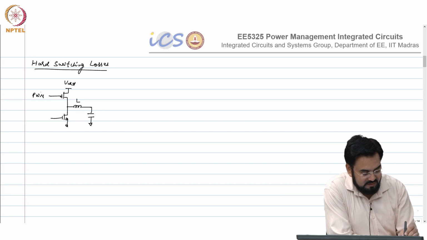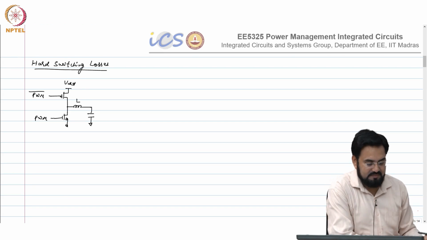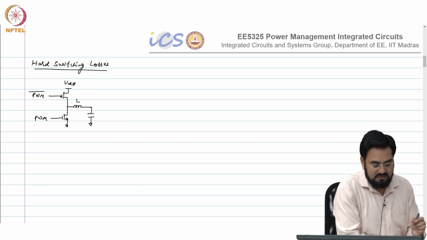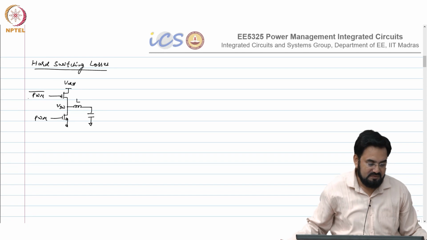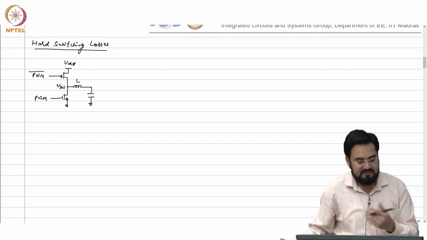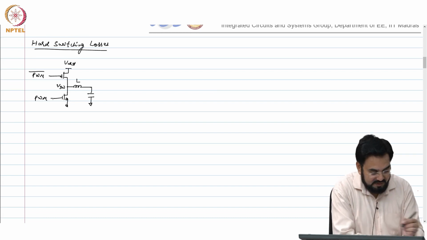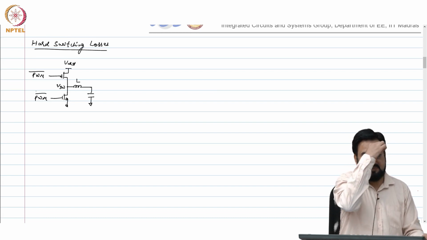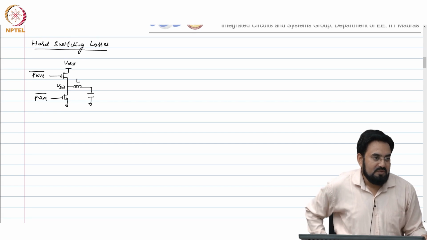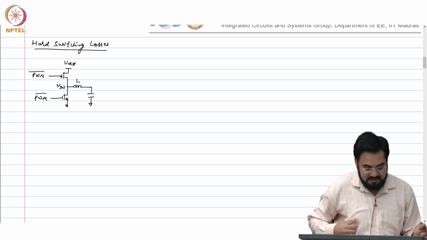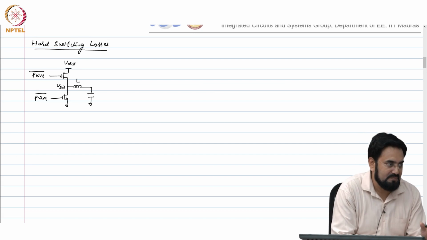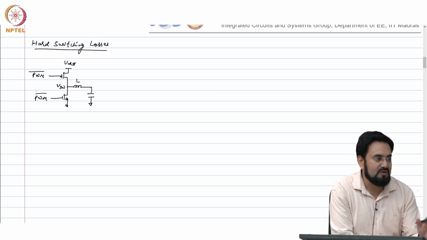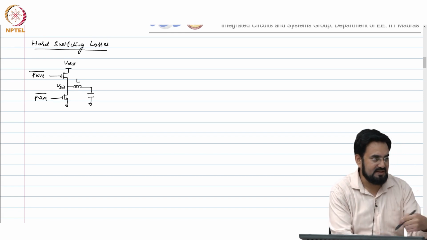I will say it PWM bar, because this gate will be high when... So, if you want to keep VSW high, then PWM bar should be low, which means PWM is high. So, VSW is high, sorry, because it is an NMOS and PMOS complementary. So, both should be PWM bar, and you can assume they are non overlap. Whenever I write both, they are actually non overlap gate signals, but just for simplicity I write the same signal.